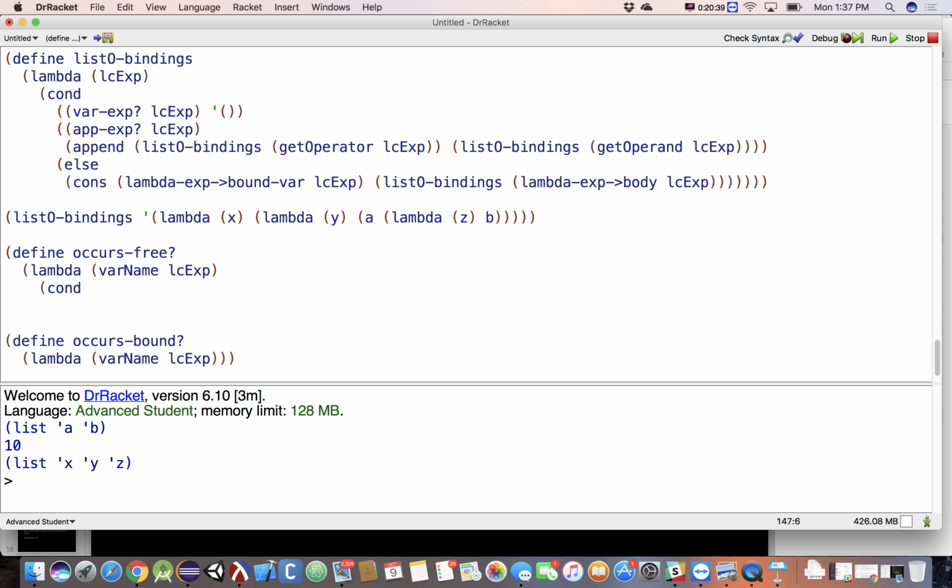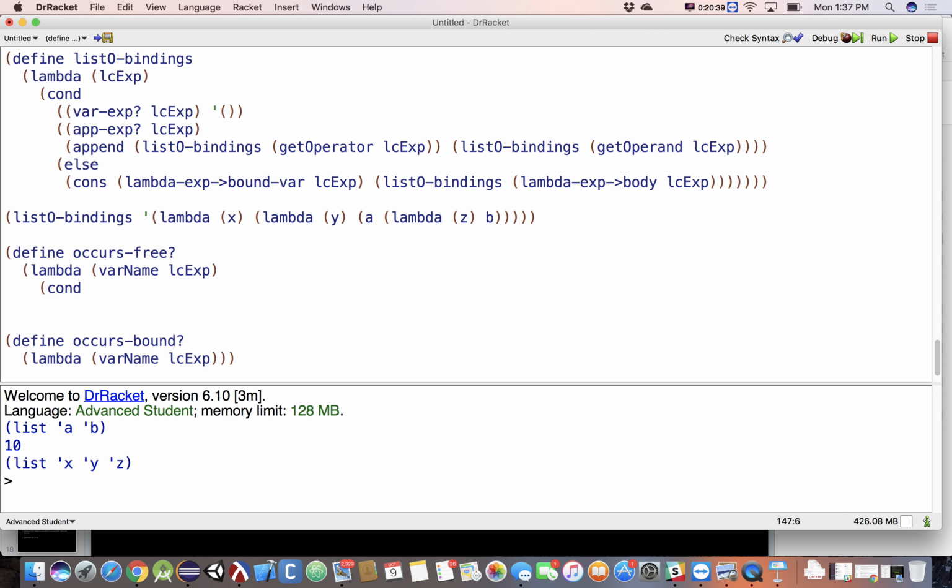As far as I'm concerned, if I'm looking through that little lens right there, where I have a var expression that happens to be the symbol I'm looking for, right at this moment, that guy is occurring free. True statement? Okay. So we'll go ahead and just return EQV var name LC expression. Return true if it's equal to the thing we were looking for, false otherwise. Make sense? Okay. Next, if I'm looking at a lambda expression,